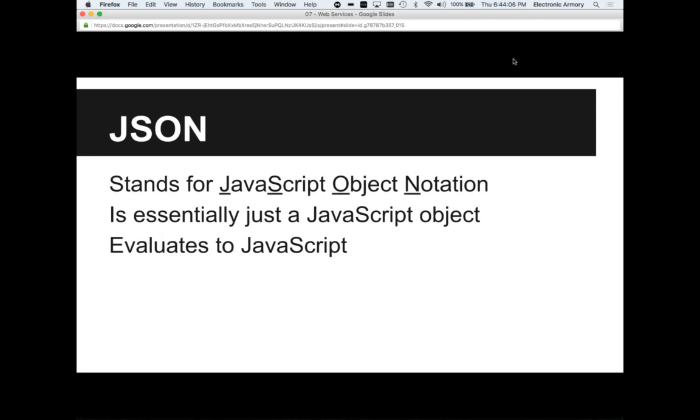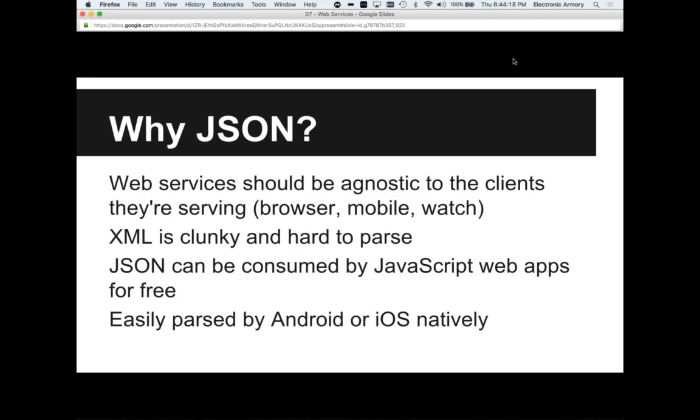Well, we don't use JavaScript, we use Java in Android, and likewise in iOS we use Swift, but for both platforms, we have JSON parsers that do it almost automatically for us. Okay, so we'll get into that in a second. Why JSON? The